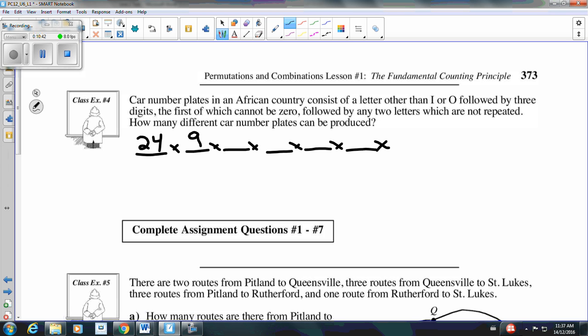Then any 2 digits go here, so that's 10 and 10. It doesn't say they can't repeat, so it's 10 and 10. Then I have any 2 letters which are not repeated. So that means I have 26 choices here and 25 choices here. Now when I multiply this together, this gives me